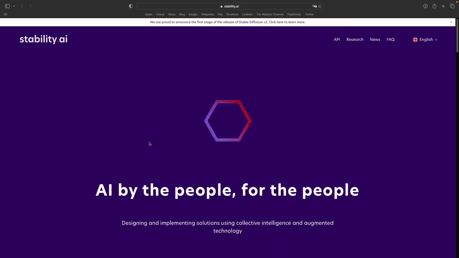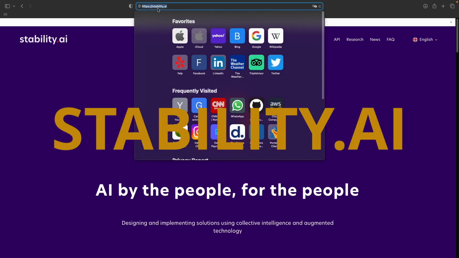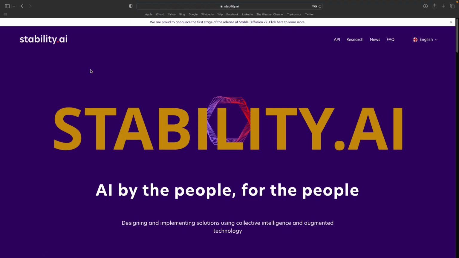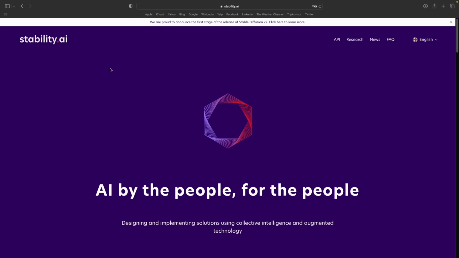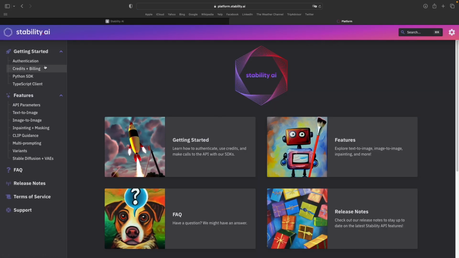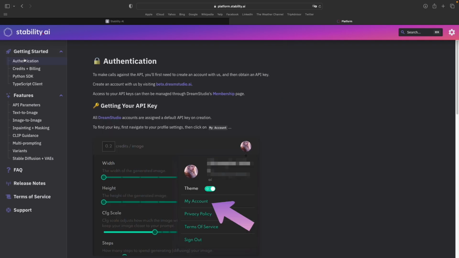So let's do this. Okay, great. So the first thing that we need to do is go into this website, Stability.AI. This is the company behind Stable Diffusion. And then we're going to create an account here for communicating with your models. So you go to this website and then you go to this API section. Then you go to the authentication on the left side. Then you go to this website,